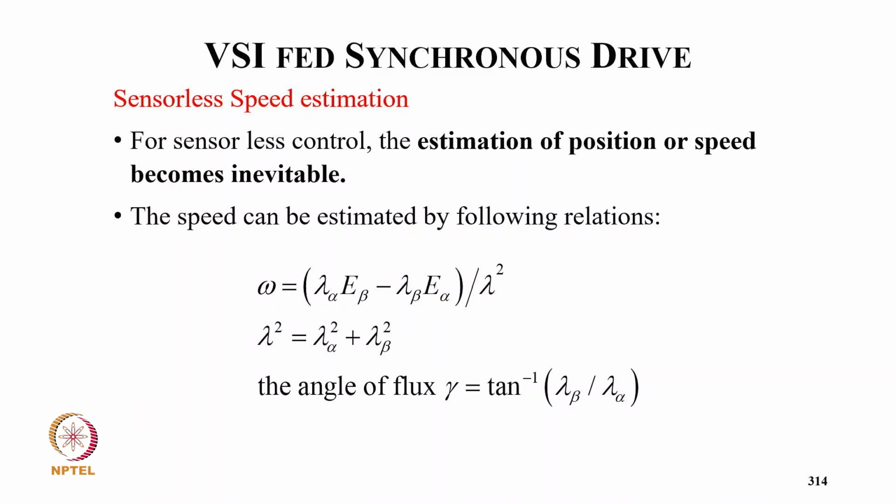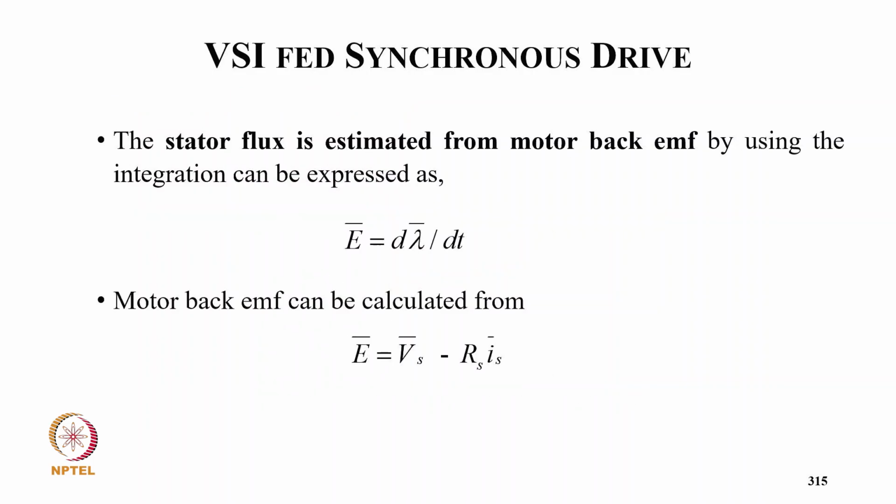So for sensorless, the estimation of position and speed becomes inevitable. The speed can be estimated by the following relation: omega equal to in bracket lambda alpha E beta minus lambda beta E alpha divided by lambda square, where lambda square equal to lambda alpha square plus lambda beta square. The angular flux angle equal to tan inverse lambda beta upon lambda alpha, and the stator flux is estimated from